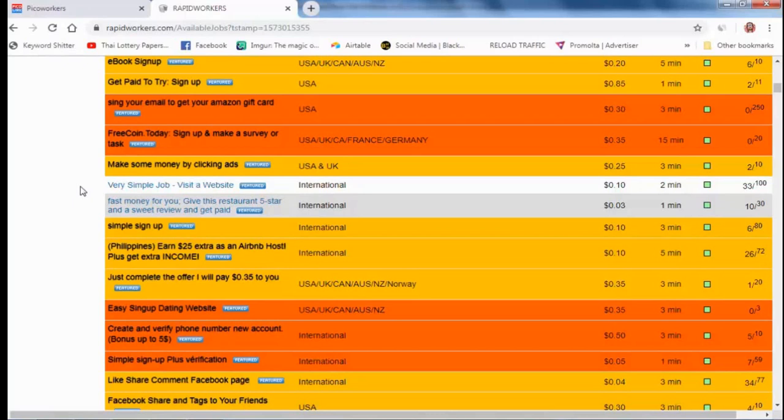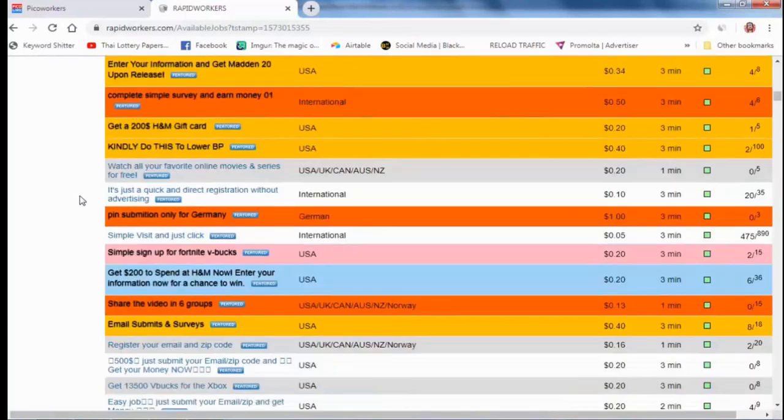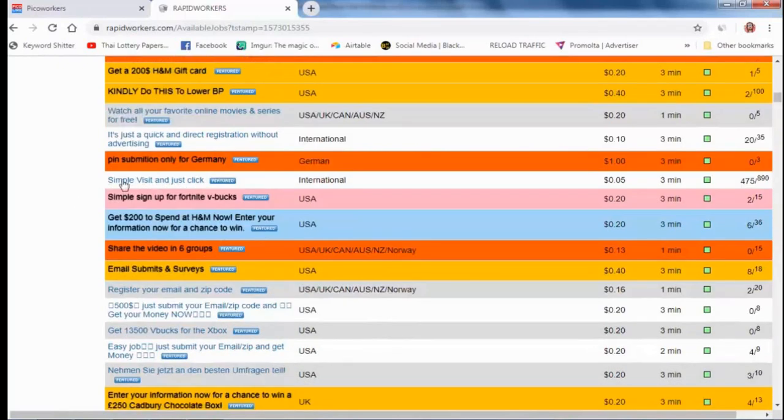So you need to send traffic from search engines. Once any keyword of your website ranks on the Google first page, you can start a campaign like this: simple visit and just click.